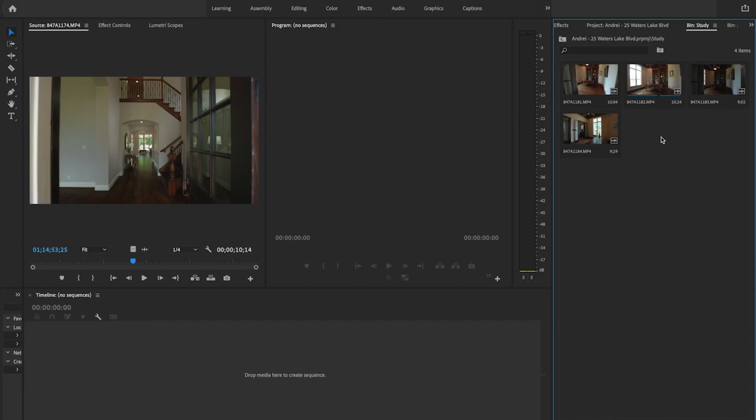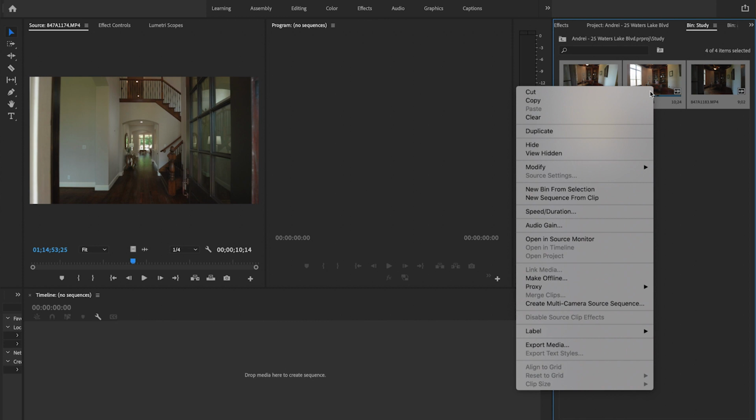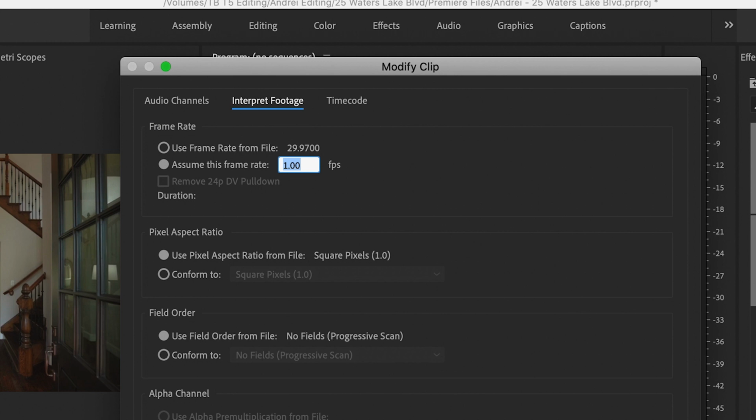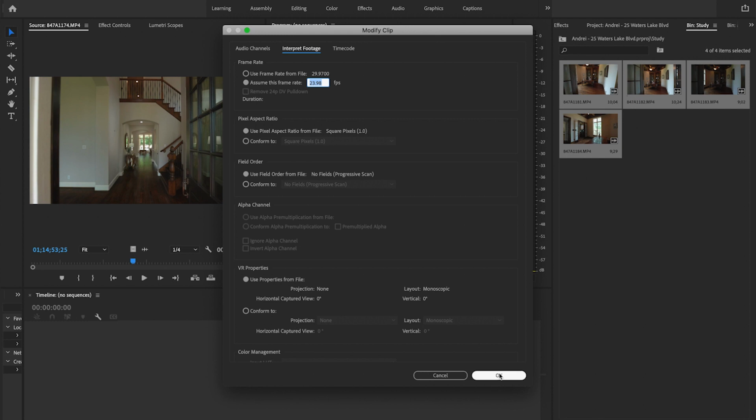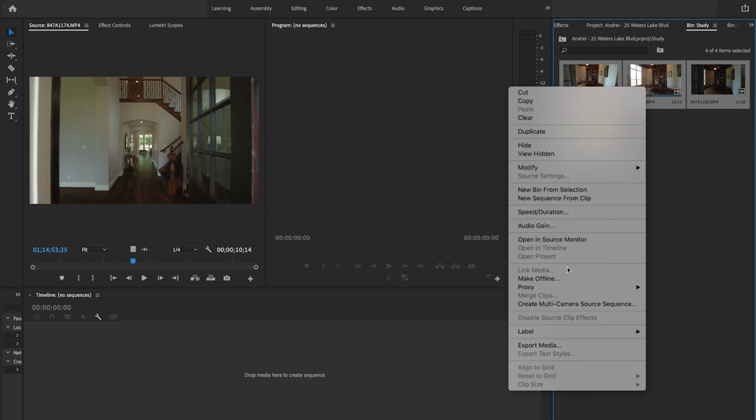So what we're gonna do now is modify all the footage to 24 frames per second, which is just gonna slow down that slow motion footage, smooth out the 30 frames per second footage, and all that stuff quickly. So we're just gonna go in, select all, in each folder, do interpret footage, type in 23.98, because that's what 24 is technically on DSLR mirrorless cameras. So we're gonna do that, and then I'm gonna go ahead and label it a color, okay? And it can be any color, it doesn't matter at all. So I'm just gonna go through and do that for every single